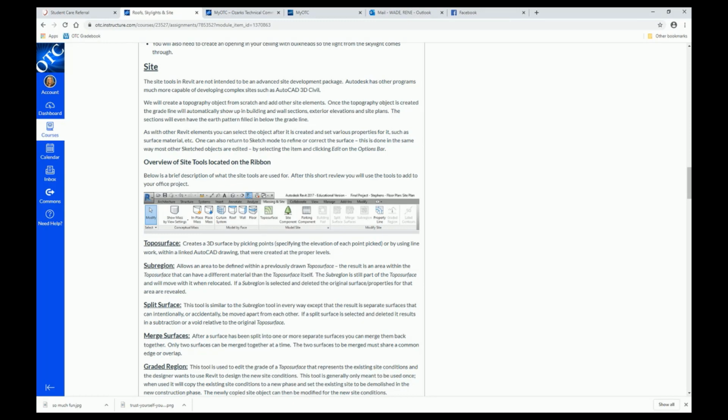Once the topography object is created, the grade line will automatically show up in the building and wall sections, interior elevations, and the site plans. The sections will even have the earth pattern filled in below the grade. As with other Revit elements, you can select the object after it's created and set various properties for it, such as surface, material, etc. One can also return to sketch mode to refine or correct the surface. This is done in the same way most other sketched objects are edited, by selecting the item and clicking edit